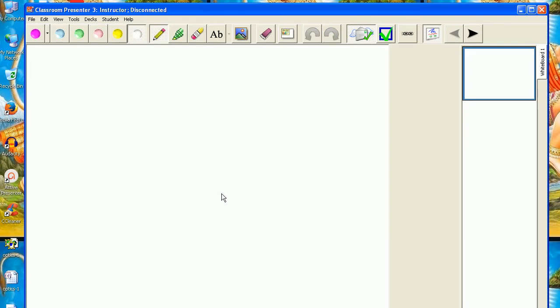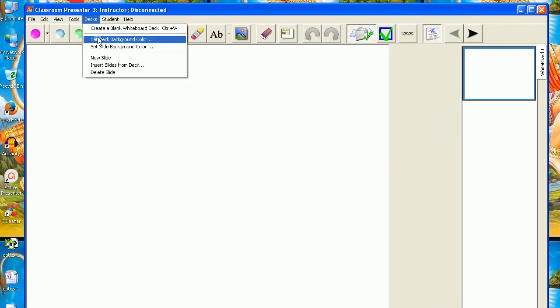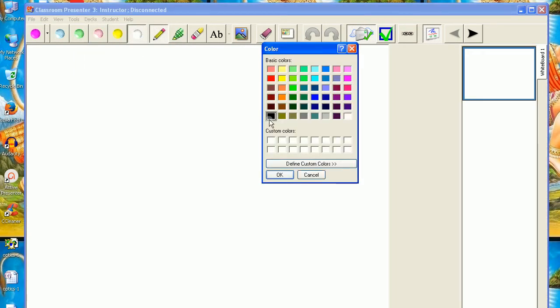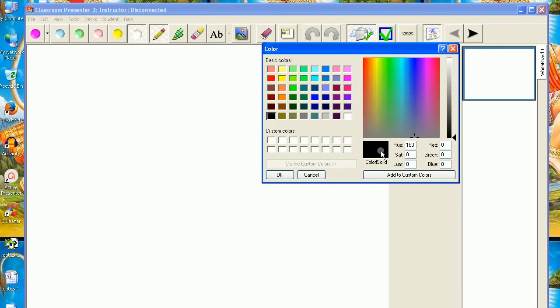This is your whiteboard. Now the second step, set deck background color. In general I use black color, so this black color I have selected from here. I define my custom color, that is black. I want to edit the custom color here, and now okay.